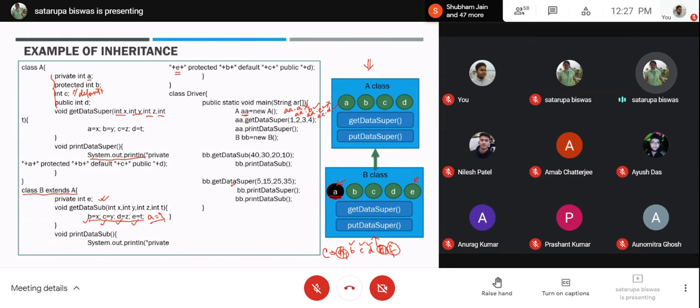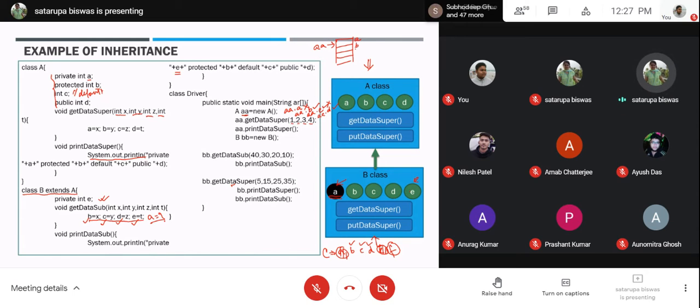Okay. So AA.getData super 1, 2, 3, 4 that you are sending through. So this 1 will go to A, 2 will go to B, 3 will go to C, and 4 will go to D. So what will be the memory implication? For AA, if this is the memory location, it is going to have 4 compartments.